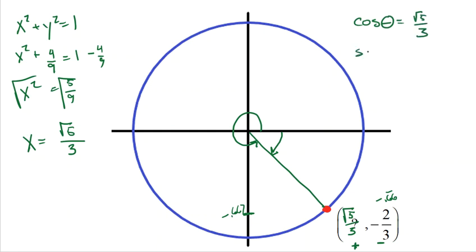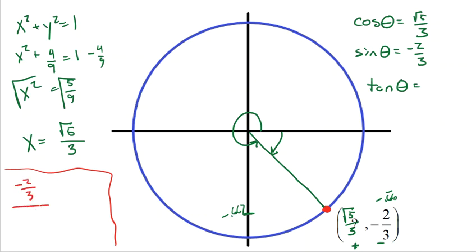What is sine of theta? Negative 2/3. The y-coordinate. Doesn't get much easier than that. What is tangent of theta? Well, I'm going to have to do a little bit of dirty work. I'm making some room for dirty work over here. I'm going to take the y-coordinate, negative 2/3. I'm going to divide by